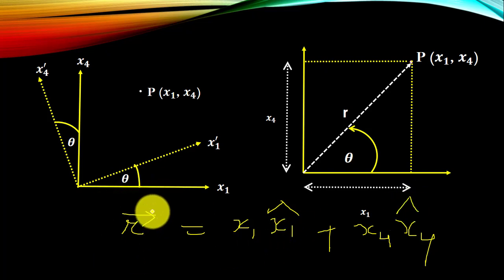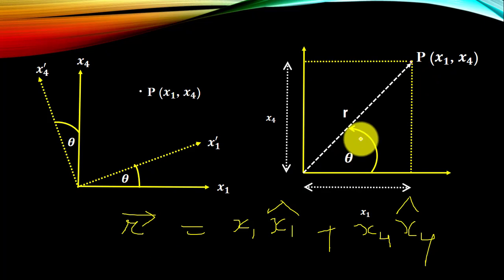Also, if I know the coordinate of this particle, then I can write its vector as x1, which is the component of this vector along the x1 direction. This is the magnitude. What I have done is draw a perpendicular from here, and this distance is represented as x1. This is the x1 coordinate. Similarly, I have drawn a perpendicular onto the x4 axis, and this distance is known as x4, having magnitude x4. So I can write the r vector as x1 x1 cap, where x1 cap is the unit vector in this direction, plus x4 x4 cap, where x4 cap is the unit vector in this vertical direction.